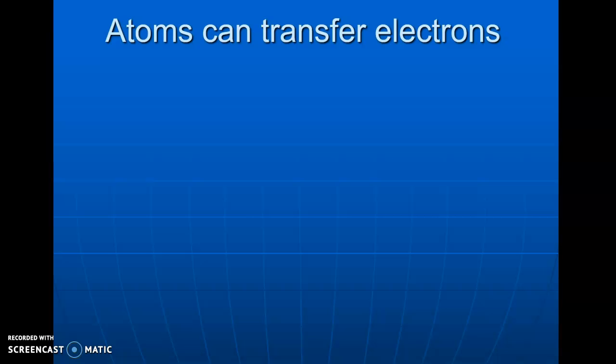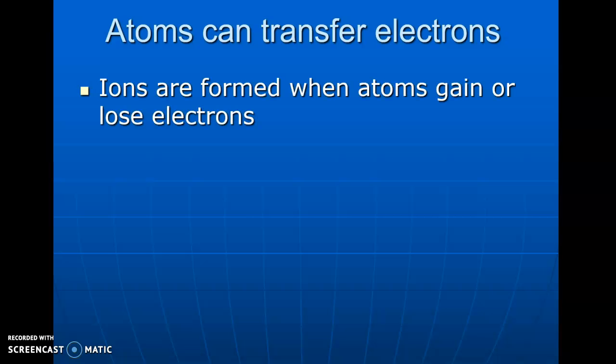Now, how are they going to do that? Well, in atoms, there can be a transfer of electrons. We dealt a lot with ions already. Remember that ions form when atoms gain or lose electrons. Now, we haven't talked about there being any interaction to cause this change. But an atom cannot lose its electron unless there is another atom there that takes it. So we need always to have an atom that wants to lose its electrons and another atom that wants to